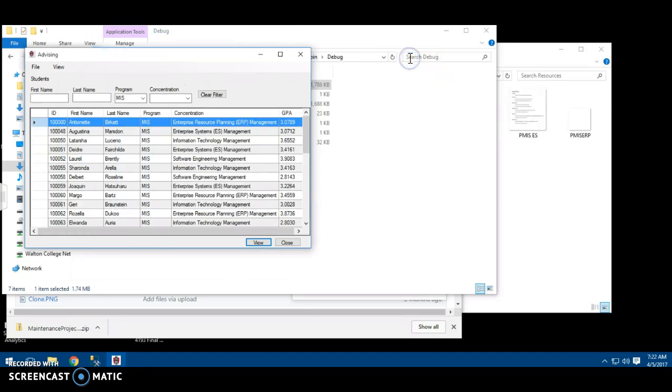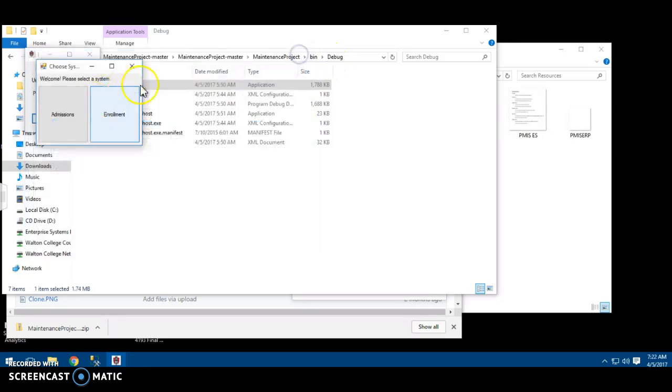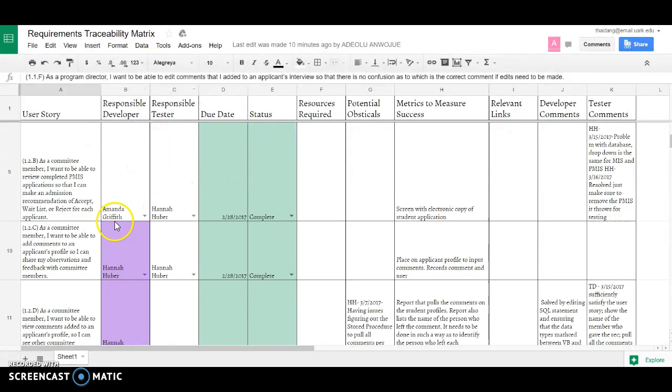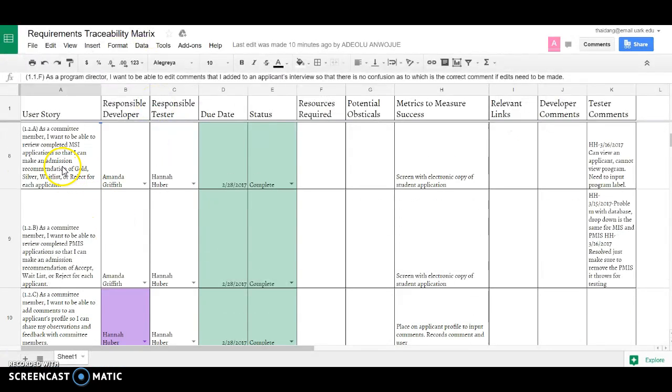So that's all the functions needed for a program director in their enrollment system. Now we're going to log in as a committee member. So as a committee member,